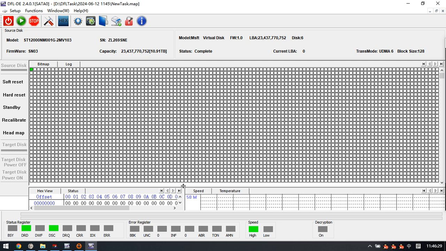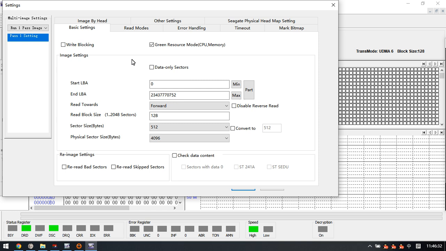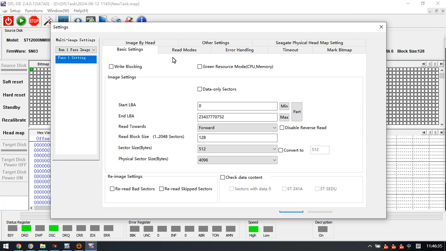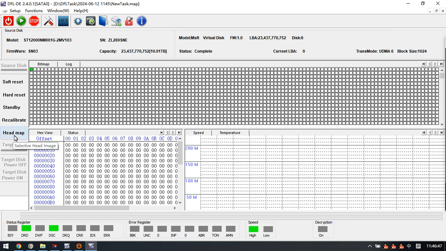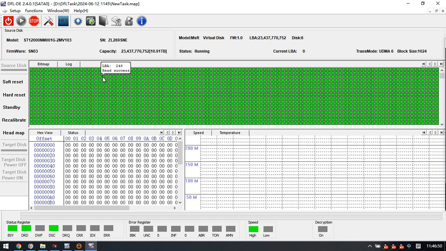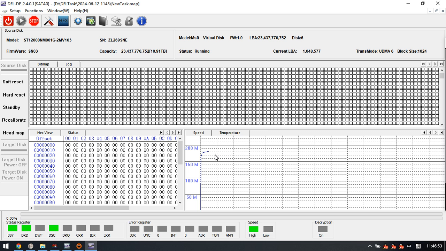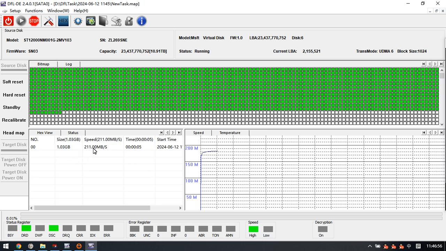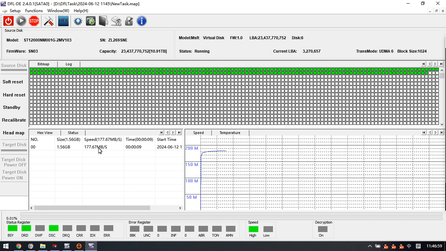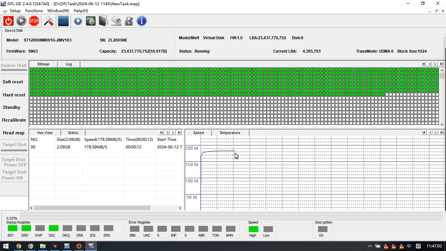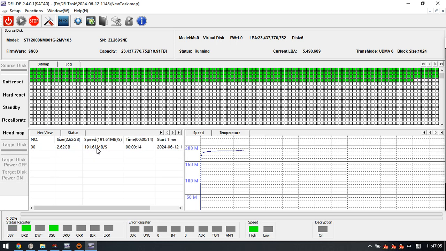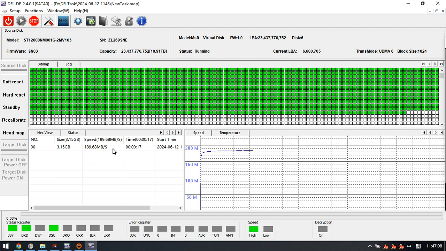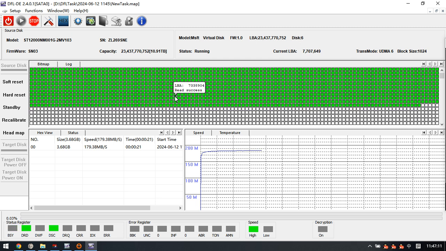Now let's check the imaging speed for these 12 TB HDD drives. Okay, and here we just need to adjust a little bit the disk image settings, and click OK. Click start image. Now we can see this is the disk imaging speed, and it's about 180 megabytes per second. So this one is running smoothly at high speed,